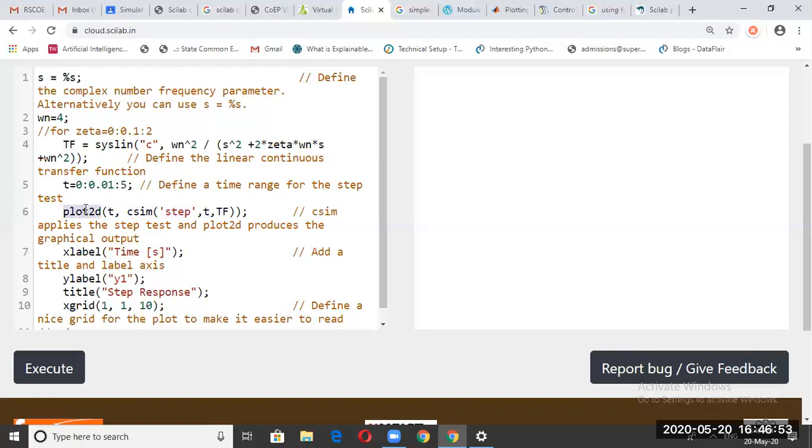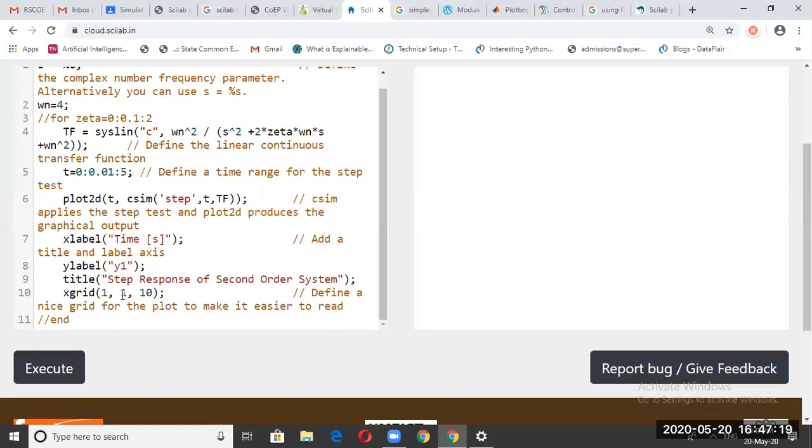Then you are labeling the x-axis, which is time in seconds, and the y-axis, which is y1, the amplitude, and the title is step response. I will make it clearer: step response of second order system. And then we have made a grid to define a grid for the plot. Even if you don't define it, it's okay. So the grid you can comment.